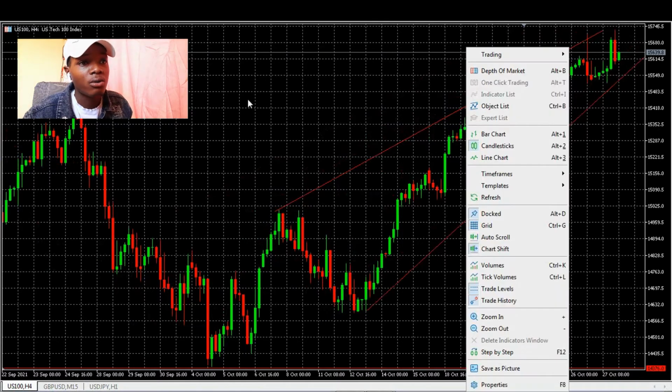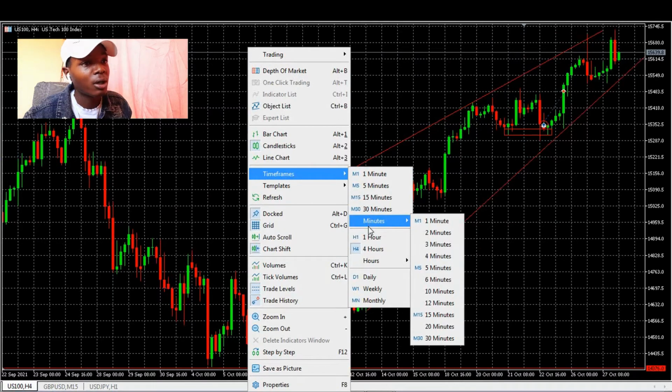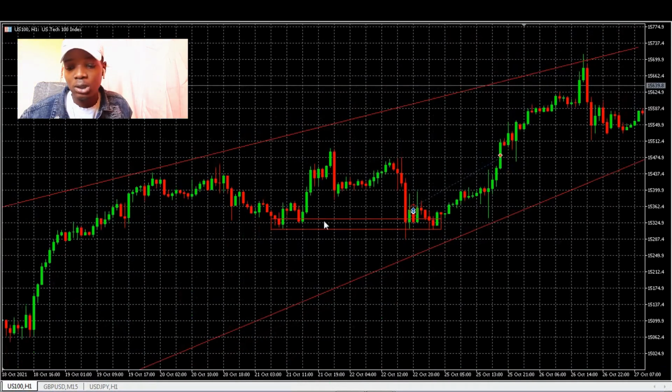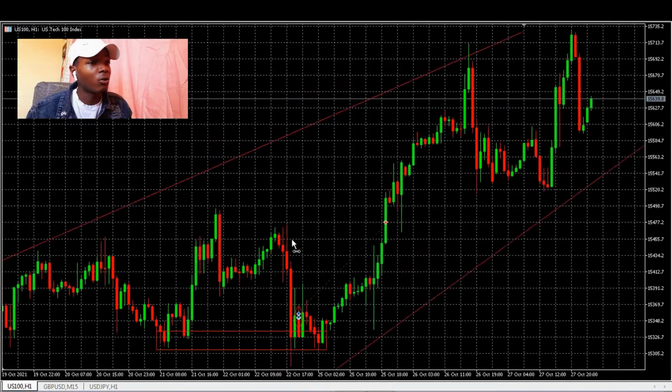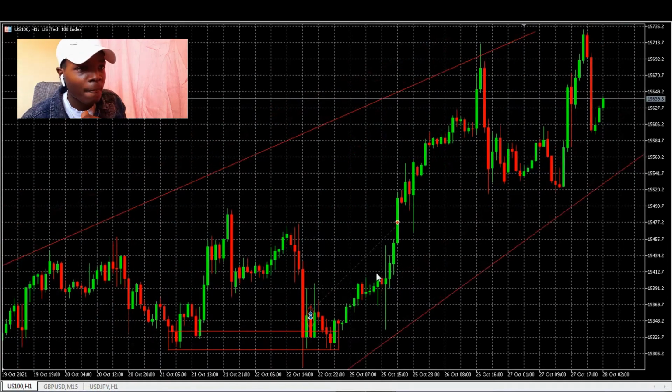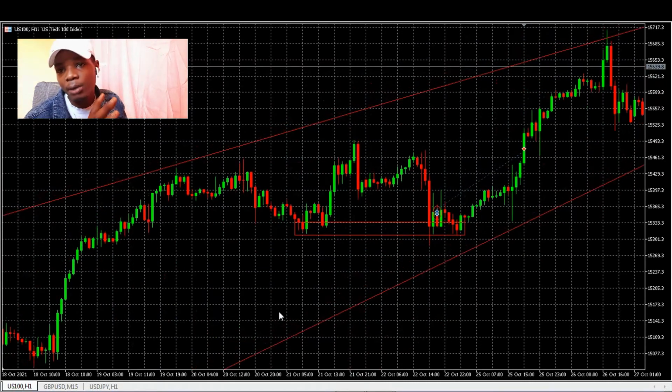So yeah, let me just go down to a lower time frame. Okay, the 1 hour. On the higher time frames, I would normally just look for the market direction. So on the 4 hour, it showed us an uptrend. On the 1 hour, I'm basically just gonna look for how the market moved when it reached the zones, how it closed. So here you can just see that it took how many candles? It took 1, 2, 3, 4, 5, 6, 7, 8, 9 candles